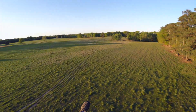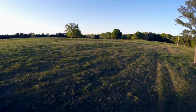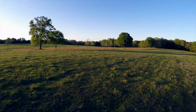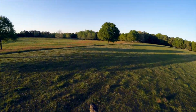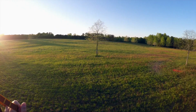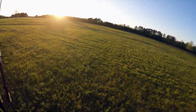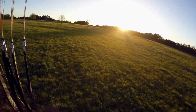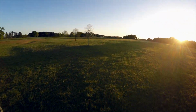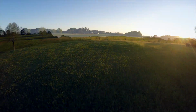I came around. I generally try to avoid any field. There were tons of fields out there that were awesome, but they were just littered with cows, and I don't want to spook anybody's livestock and cause a problem and make us feel unwanted in these areas. So I always avoid the cows, and if I can, I'll fly the tree line instead. That way I still have an out. If I had to, I could land in the cow field, but then I'm at least away from them,